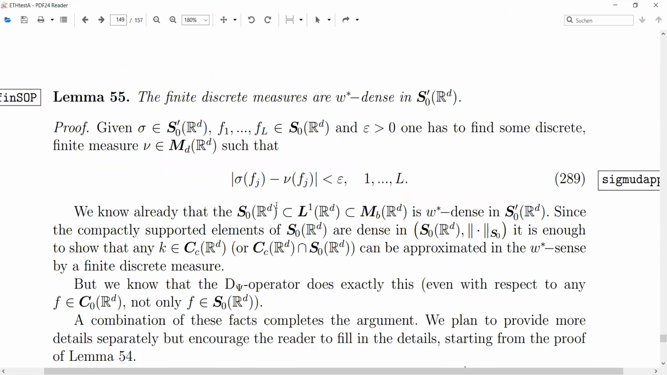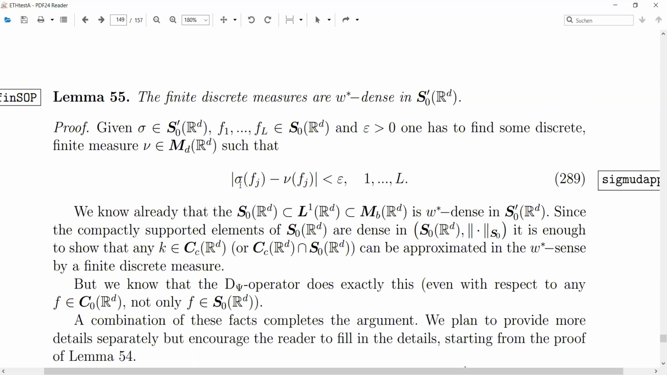So we can use this now combined with another trick that we know already to show also that the finite discrete measures are weak star dense. So they're very, very thin. I mean, you need only to know what Diracs are doing, and then you have the finite discrete measures. And of course, the trick is quite adding up. First, you approximate your sigma that you're given, which should be close to some discrete measure whenever tested to those finitely many f's. And because we know already that the S0 space is dense, then we say, well, we can